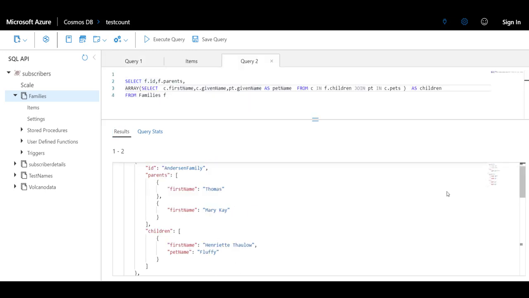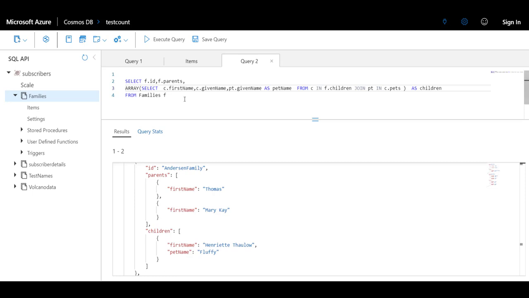Now let's look at how a subquery can be used inside a Cosmos DB SQL query so as to get data in a flattened form. Again, going to the earlier example which consists of family documents with nodes for parents, children and pets nested inside them, we are going to use the principle of subqueries for getting the details of children along with their pets in a flattened format.